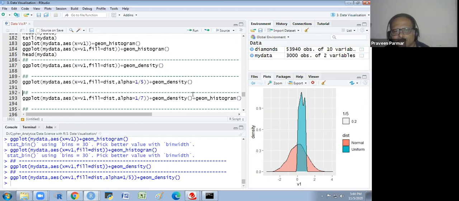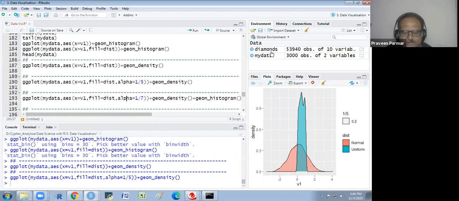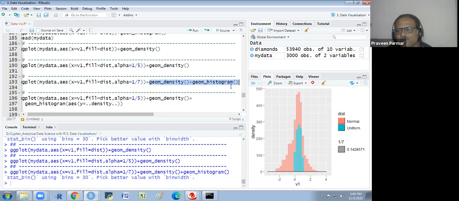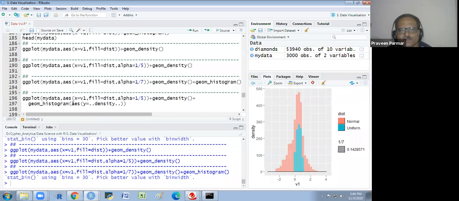Here, I want to include the histogram also in this. So I try to include this, and I'm taking the alpha 1 by 7. I also decrease that, and I include both. See what happens. Does it work or not? Here I am getting only the histogram. I'm not getting the density. I have written both, but in this way I could not get both things. If I have to get both, I have to change the code. In the histogram, I have to write this in this way. Then only I could create both together.